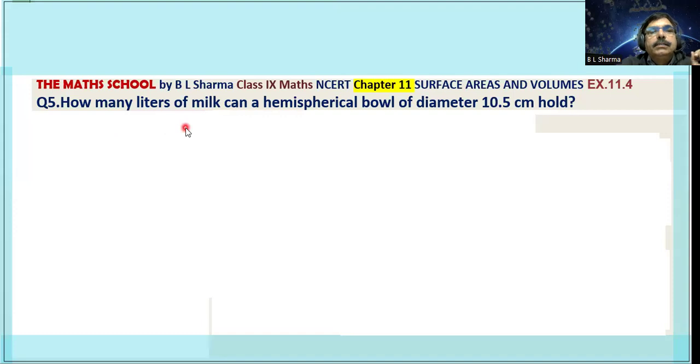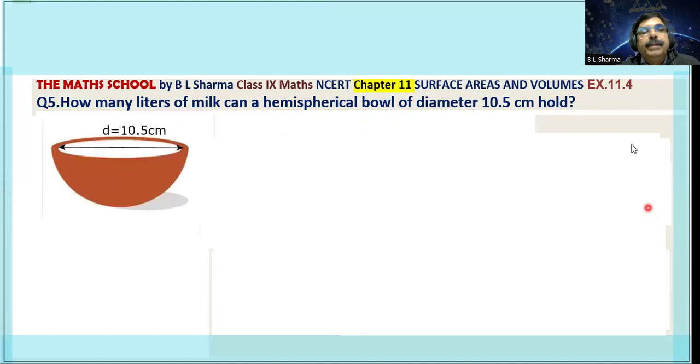How many liters of milk can a hemispherical bowl of diameter 10.5 centimeter hold? एक हेमिस्फेरिकल बाउल है, उसका डायमीटर 10.5 सेंटीमीटर है और ये बताना है कि इसमें कितना मिल्क होगा इन लीटर्स में। We visualize, let this be a hemispherical bowl and this is the milk inside it, and the diameter of this is